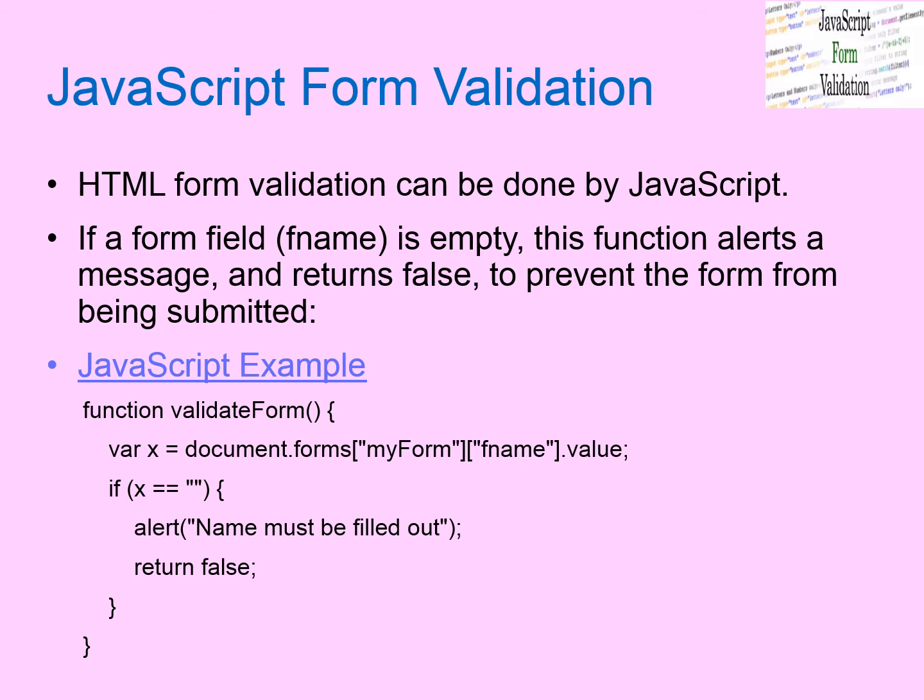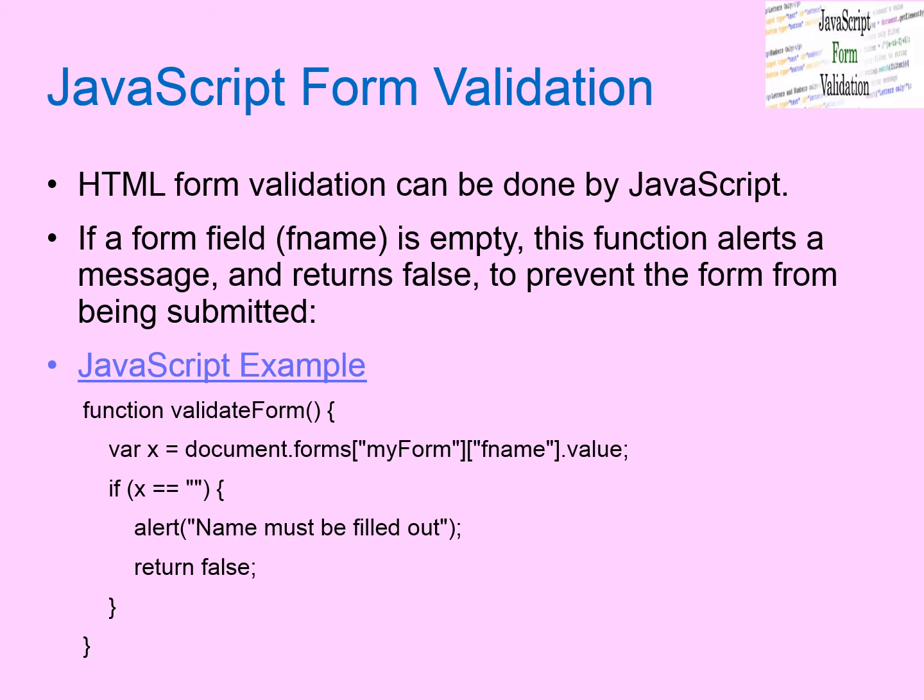So here the thing is that we have an HTML web page. In the HTML web page we have a form. The name of the form is myForm. myForm has an input control. The name of that input control is fname. Clear? myForm is the name of the form and fname is a control in the corresponding myForm.